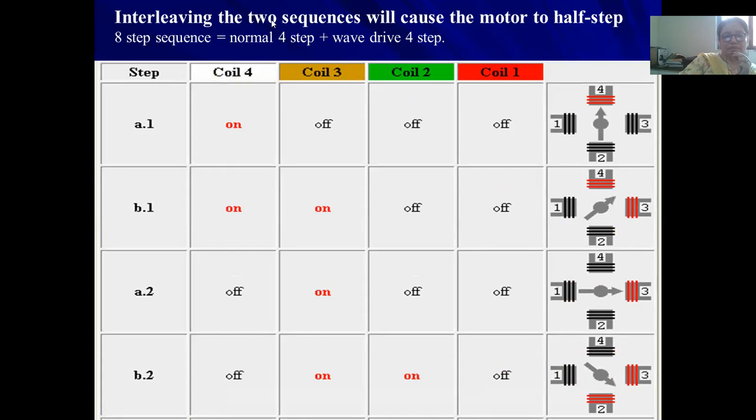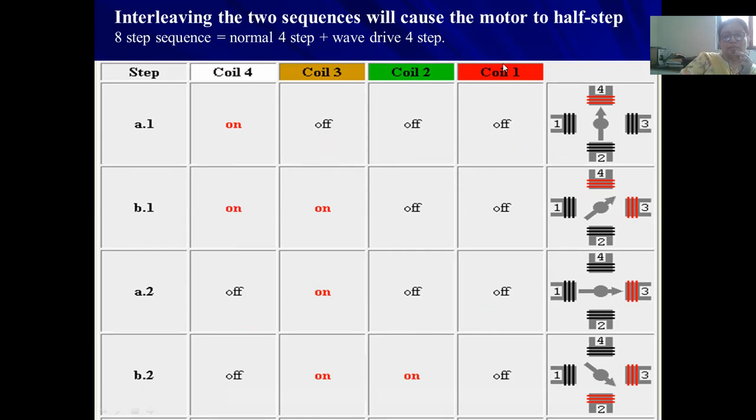It is similar to the bit patterns which we have already seen for the corresponding excitation method. So whichever coil we want to turn on, that will be 1, and the rest of the coils will be 0. Similarly here, alternate means these two will be on and this will be off. So here this is 0, this is 1, and this is 0, and this is 0. Likewise, we complete the corresponding bit pattern for the two separate interleaving sequences that will cause the motor to rotate inside the half step angle.